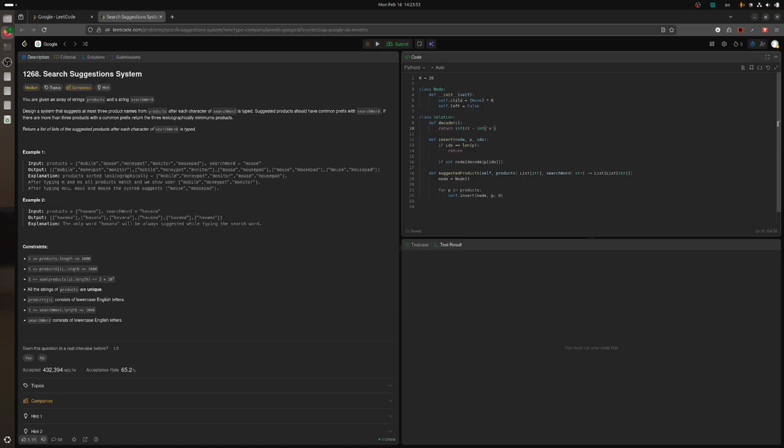I think it should work like that. In C I could just do type conversion, but whatever. So if not node decode, so this is child. If not node child, then node child equals node and then